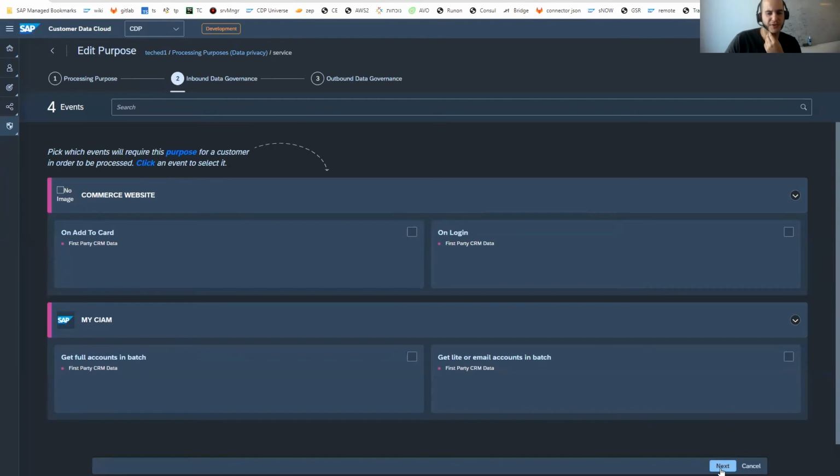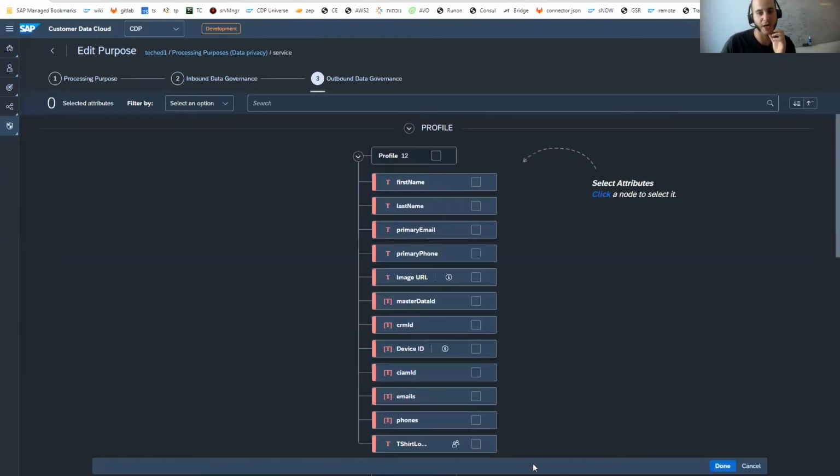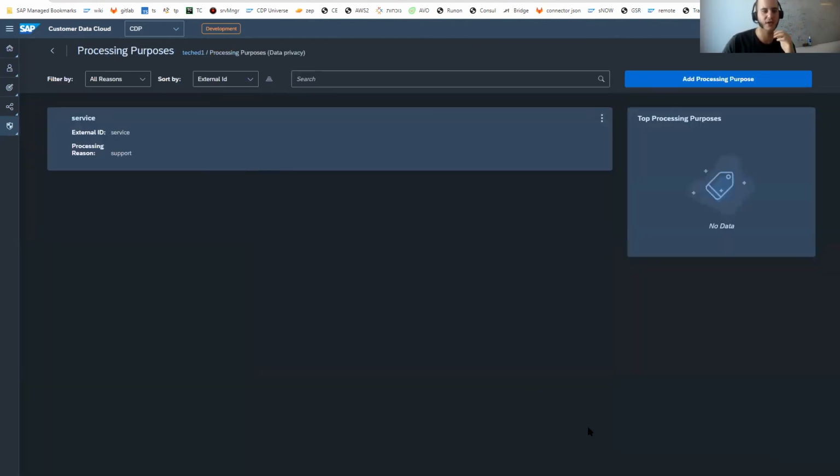Regarding inbound data governance, we won't talk about it right now. So I'll move to the third one, which is the outbound data governance, which tells me which fields I can use or not. We will also see it a bit later, but since I'm already here, let me just say that for the service purpose, I'm willing to use all the fields that exist under the profile. So I'll just save it, and we have a new